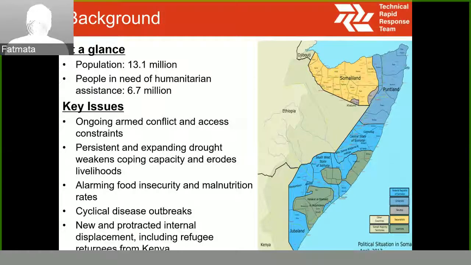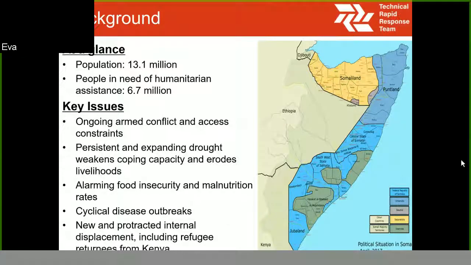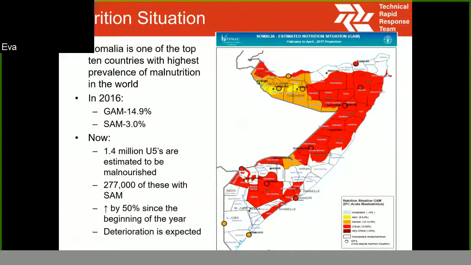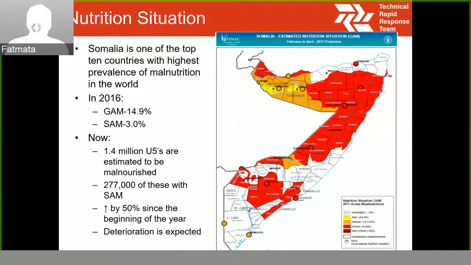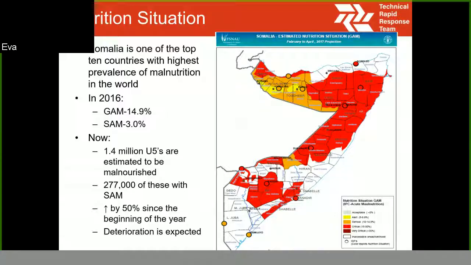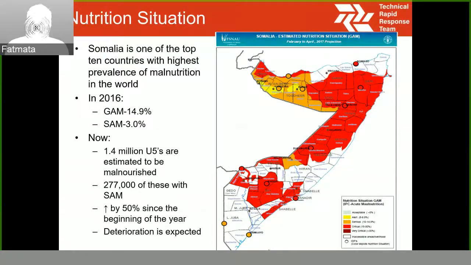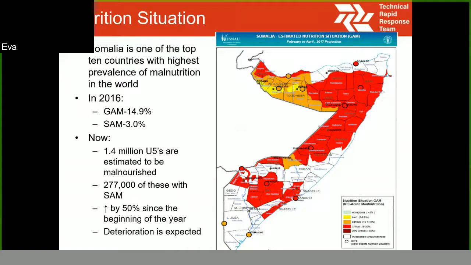Next slide, please. Nutrition situation in Somalia. I am sure most of you are also very aware that the GAM rates are very high. In 2016, the global acute malnutrition rate was 14.9%, of which 3.0% are severe acutely malnourished children.